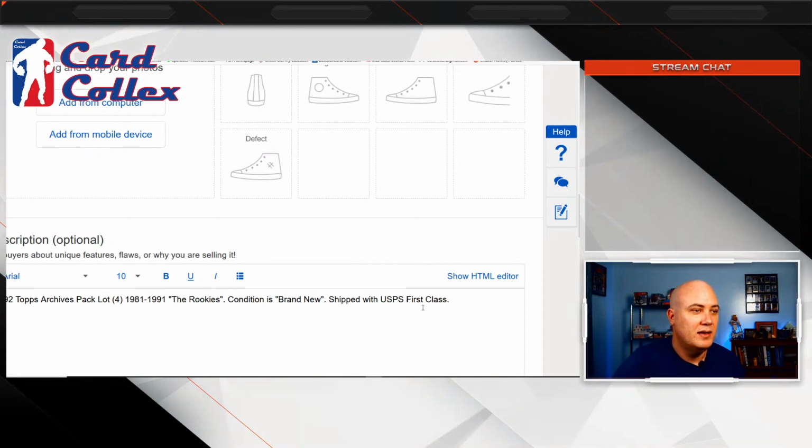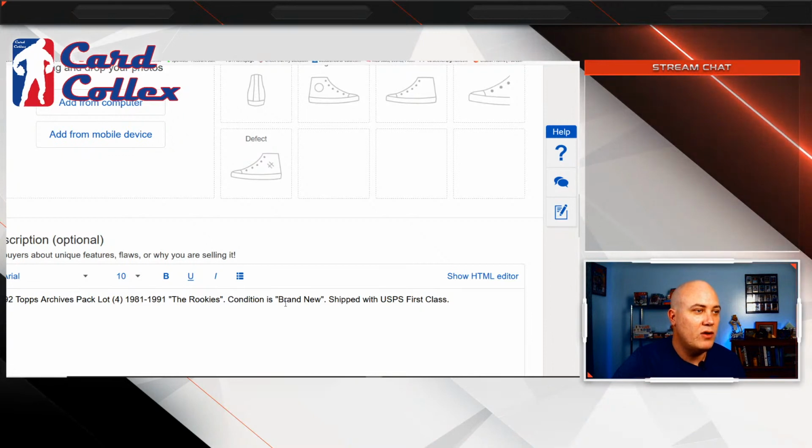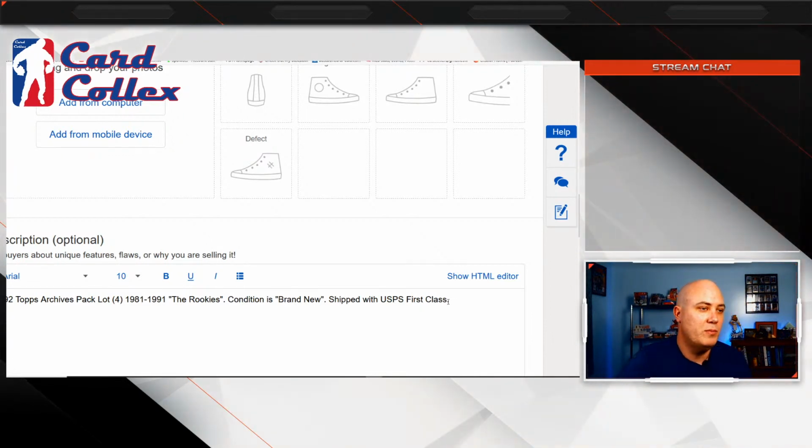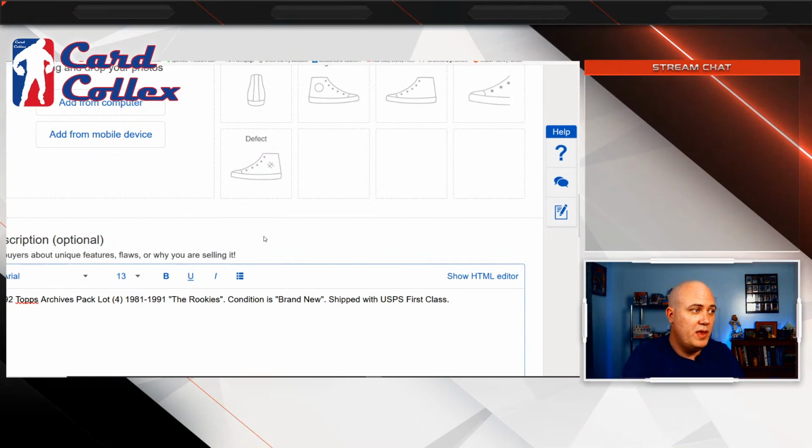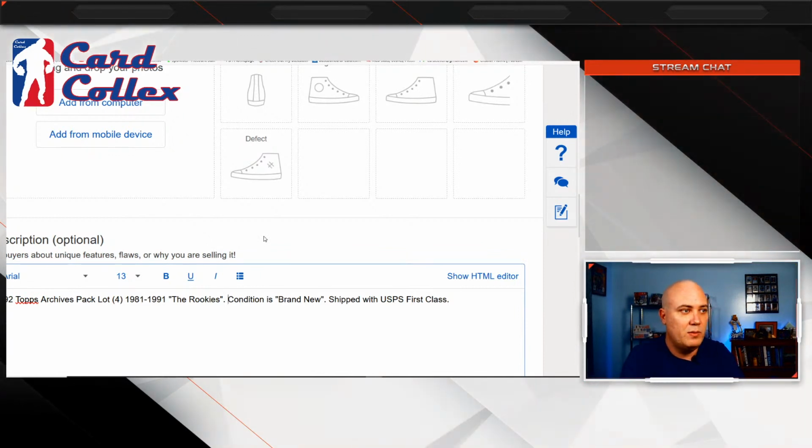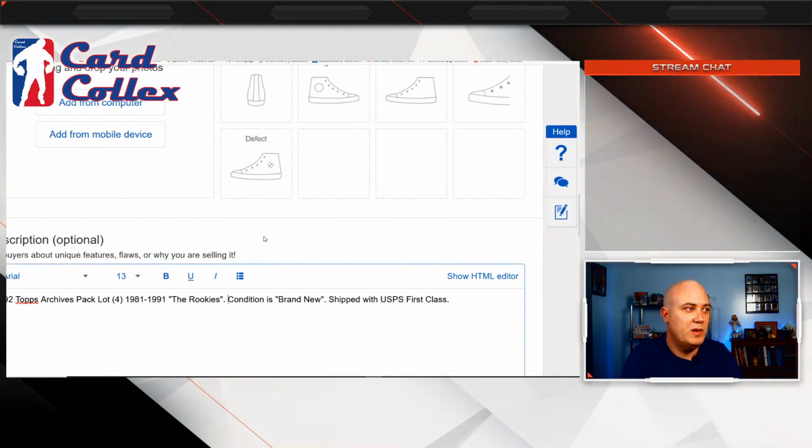They're giving you as little information as possible. They're not taking the time to give you any extra information whatsoever. So, it is what it is. It's not necessarily a terrible thing, but it is something I notice whenever I'm looking at stuff to buy. I definitely feel a lot better if somebody actually took the time to put some type of details in there.